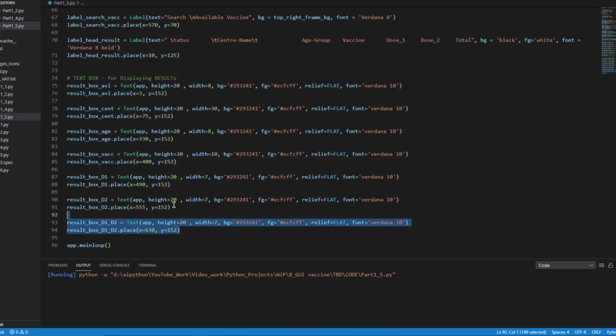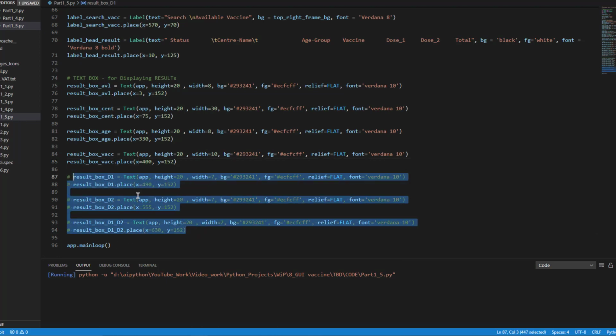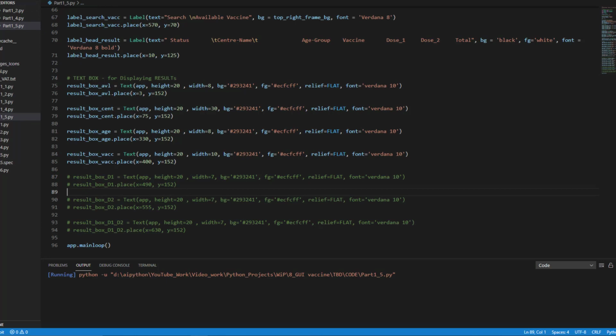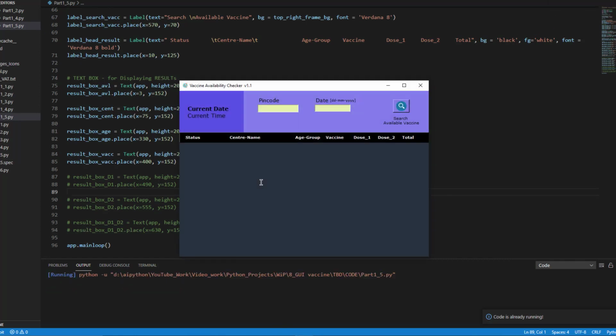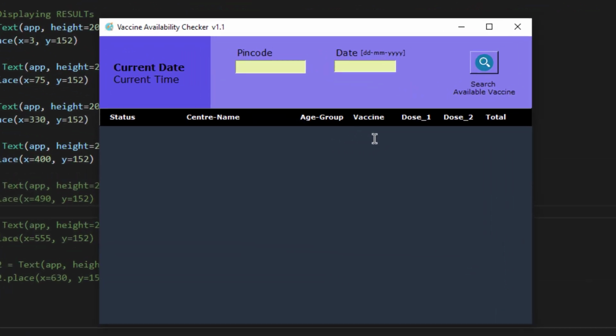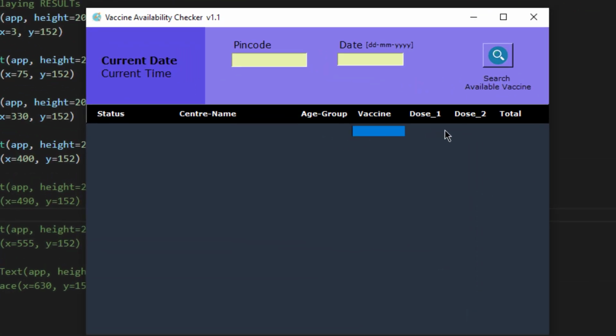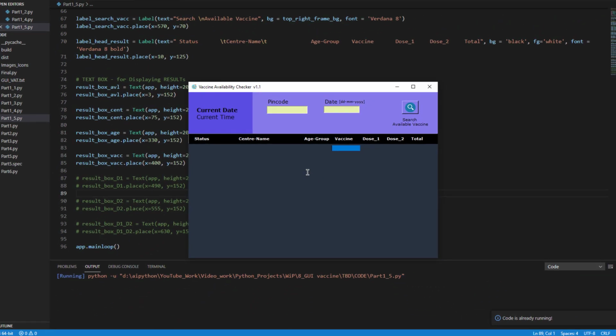You can try, you can omit some section. Let's say I will hide this one, or maybe I will comment this one. And now if you execute the code, you will see, I'm sorry, it's already running. You will see that selection is not possible. Till here it is possible, but after that it is not possible. Even if you try to select, this blue icon will not appear here. So that means there is a box which has the same color as the background, and that's why it is camouflaged and not visible. And I'm so smart, I did it. I think you can also do it.